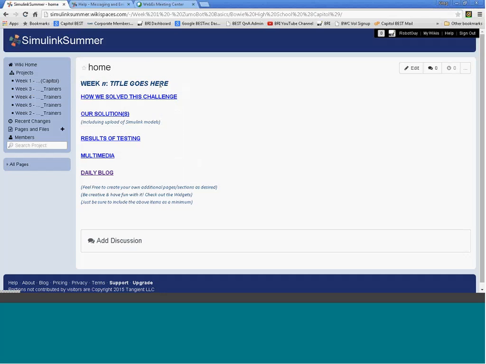But we want this information about how you solve the problems, and then what your actual solutions are, the actual MATLAB Simulink models or files that you created. You can upload them here and have them accessible. Results of any testing, any multimedia, videos that you take or pictures or whatever, you can throw those in here as well. And there's also a request to have a sort of a daily blog where you capture, this is what we did today kind of information